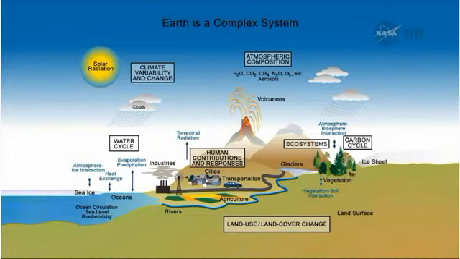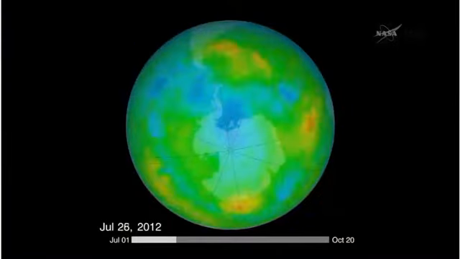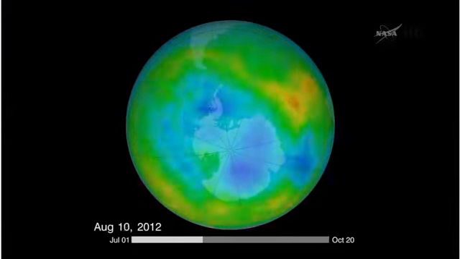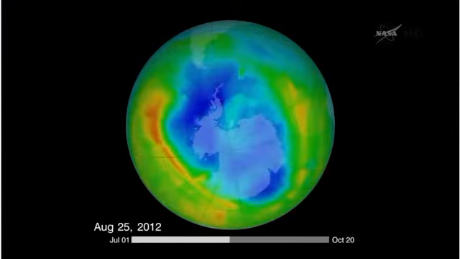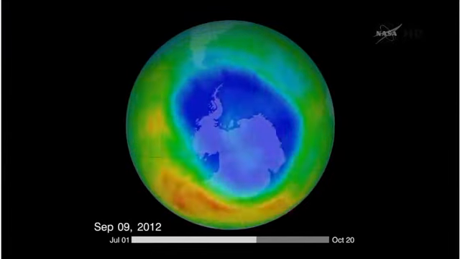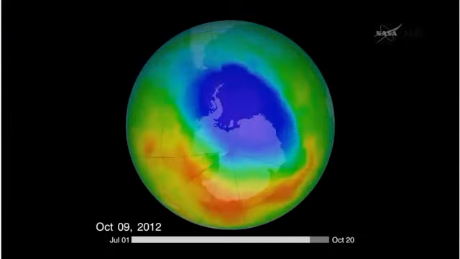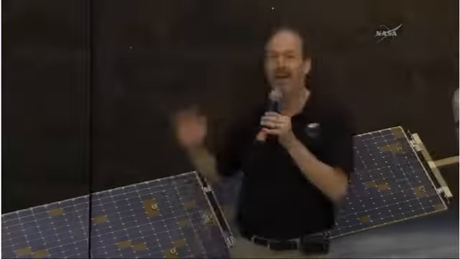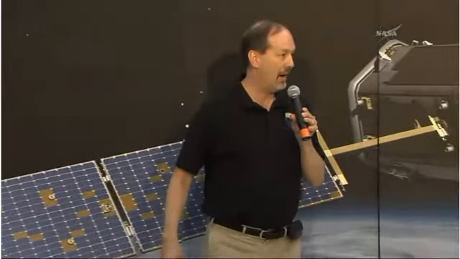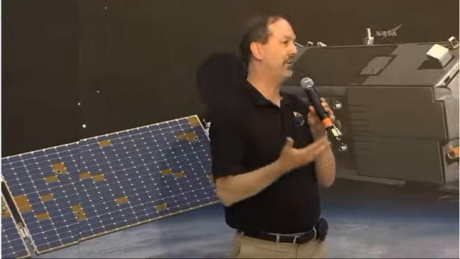Just as an example of how we do some of these things, let's go to the next one, and I'll bring you back to the ozone hole. It turns out when I left graduate school, I got a job where I started to study ozone. I was doing observations from NASA aircraft and from high-altitude balloons, which is kind of a poor man's satellite. We were trying to study and understand the processes that affected the ozone layer. So you can see these are images that we got from a NASA satellite called TOMS. Over the years, it was one of the first things that told us about what the ozone hole was, how it developed. But the satellite data alone wasn't enough.